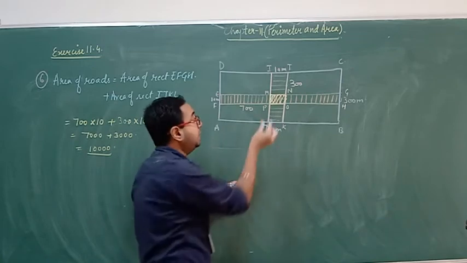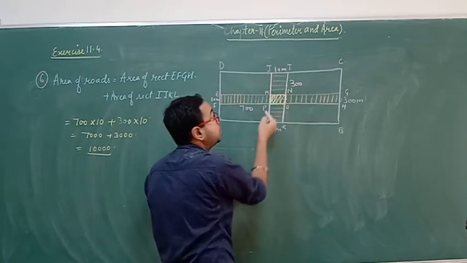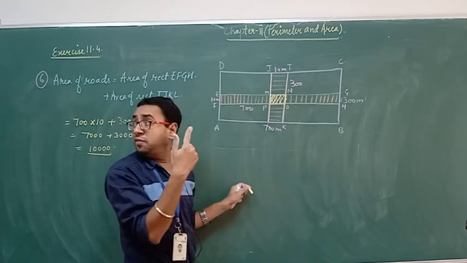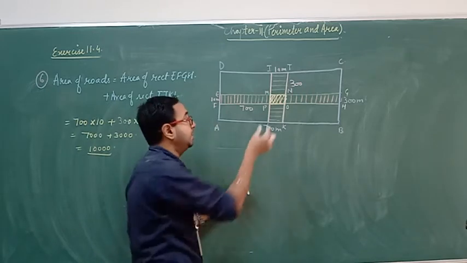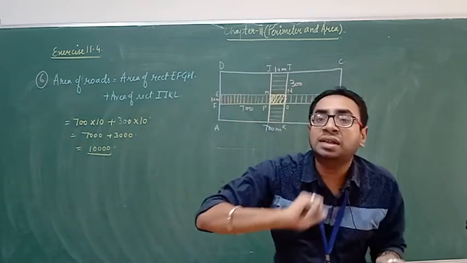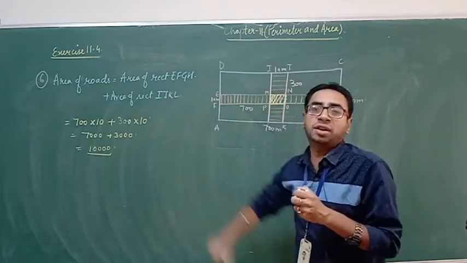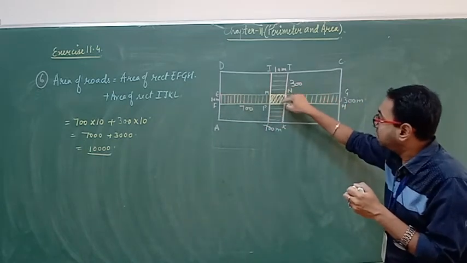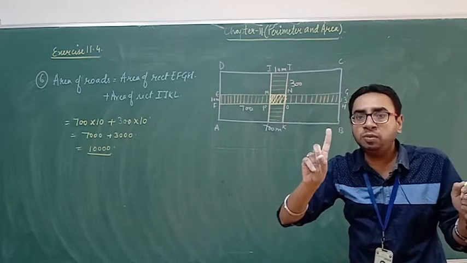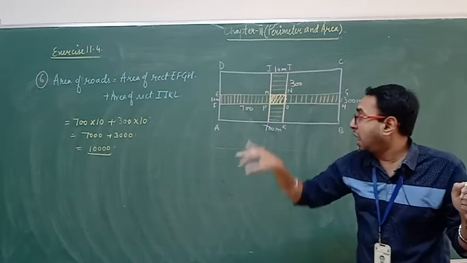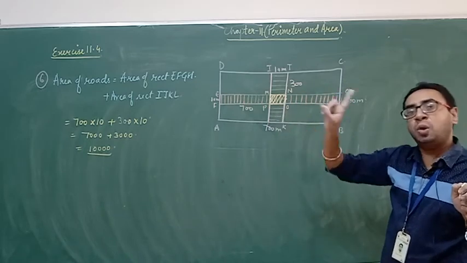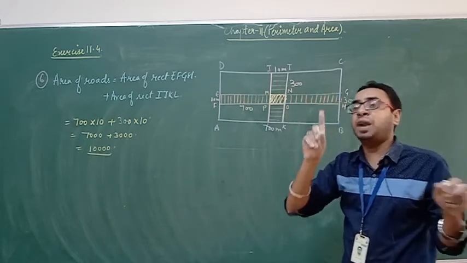So this particular path, square MNOP, is coming 2 times in the area. But how many times do we have to include it? We have to include it 1 time only. So 1 time we'll subtract. That is why the answer is not correct, because this square is coming this way also, this way also. But we can include it 1 time only, no? Because we have to find the area. So either we'll be including this particular part like this or this. Hence 1 time will subtract it.